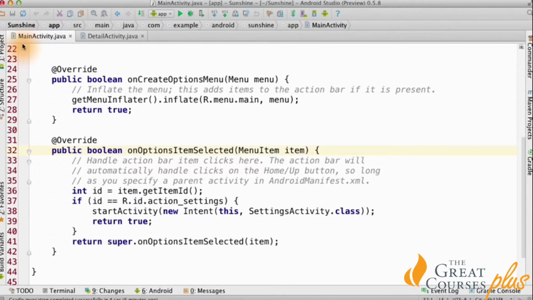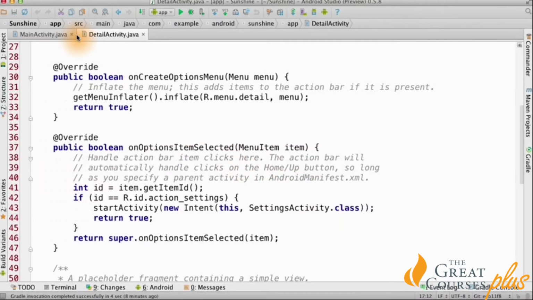In order to launch the Settings activity, we modify mainActivity.java in the onOptionsItemSelected method. When the Settings menu item is selected, we create a new explicit intent to the Settings activity class. We call startActivity to launch this intent. We don't call startActivityForResult because we're not expecting a result from the Settings activity. Similarly, in the Detail activity class, when the Settings menu is selected, we launch a new intent to Settings activity,